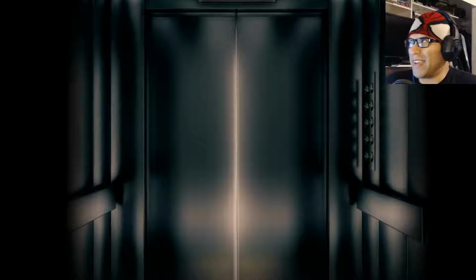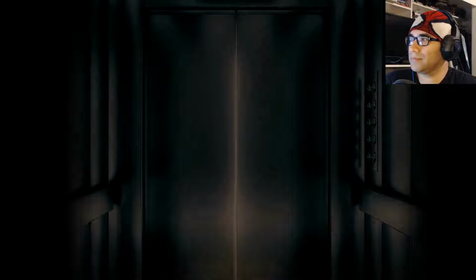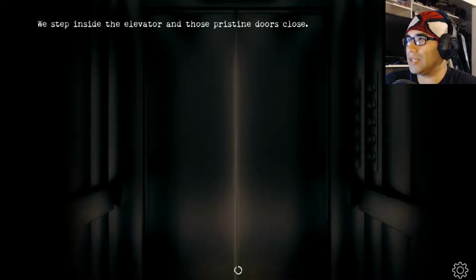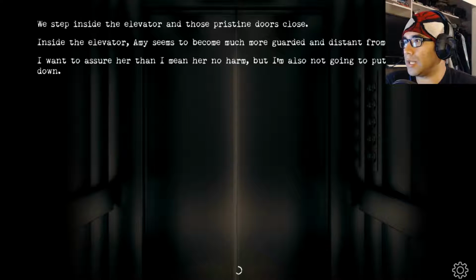Ooh, back in the elevator. Step inside the elevator, and those pristine doors close. Inside the elevator, Amy seems to become much more guarded and distant from us. I want to assure her that I mean her no harm, but I'm also not going to put the rifle